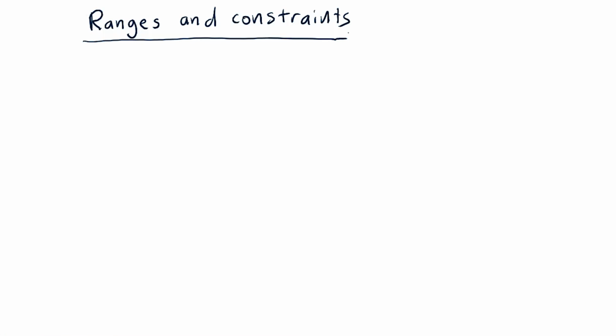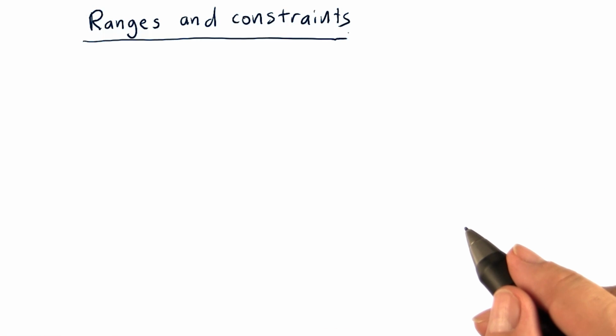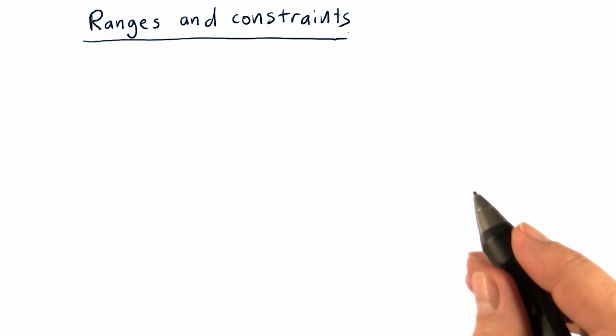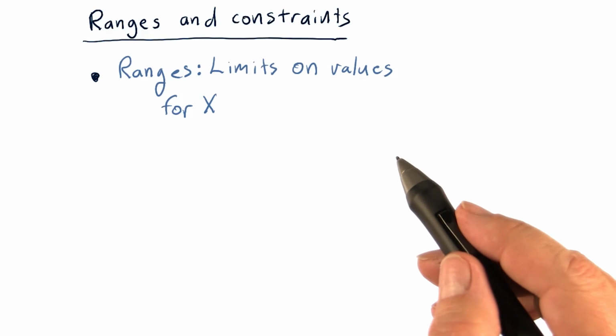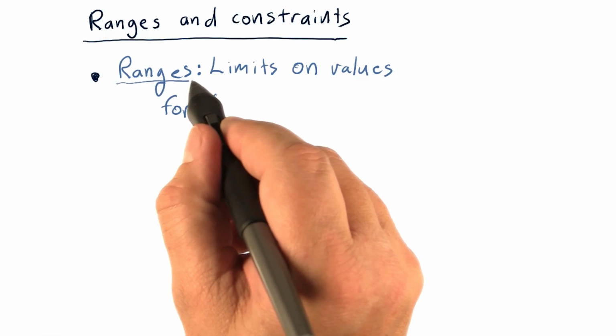There's two more things you need to know about before you start optimizing portfolios. One of them will help your optimization run faster, and the other is essential for you to get the right answer. Let's start with the faster thing first. The first thing you can do is you can tell the optimizer that it should only look at certain ranges